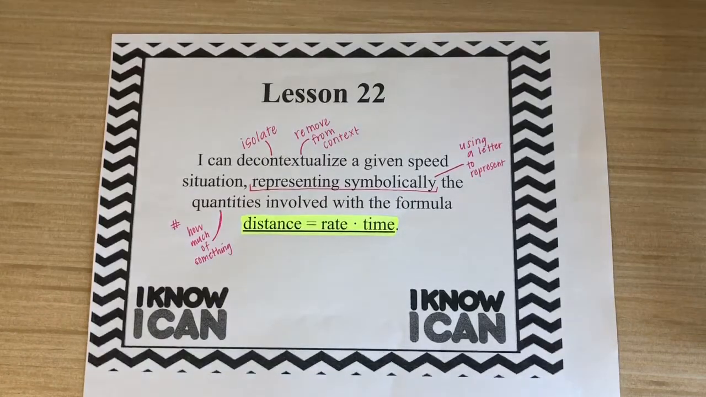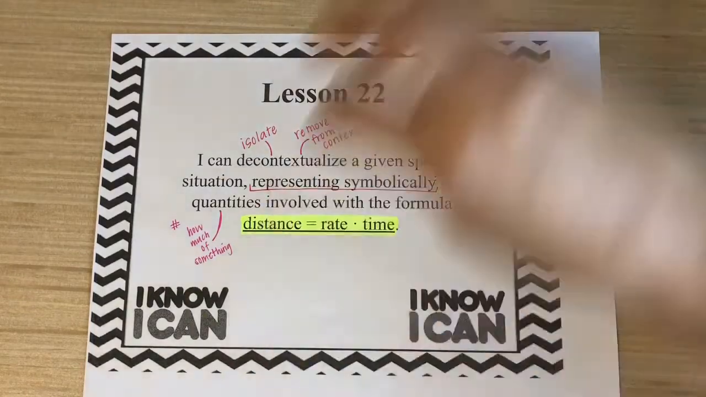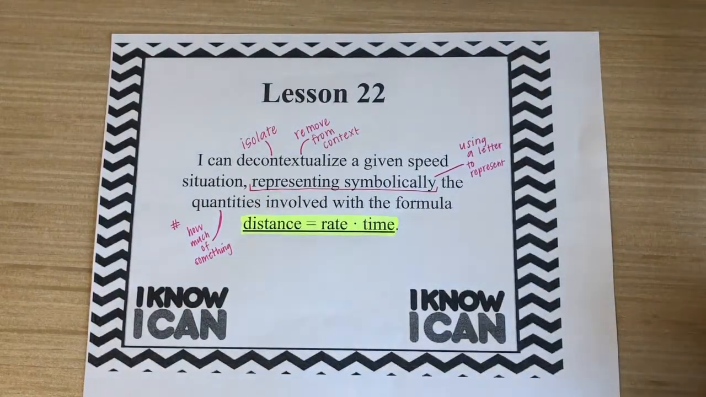Okay, this is lesson 22. There's a lot of academic vocabulary in this content goal, so let's break it apart really quick. I can decontextualize, which means to isolate or to remove from context. So I can decontextualize a given speed situation,